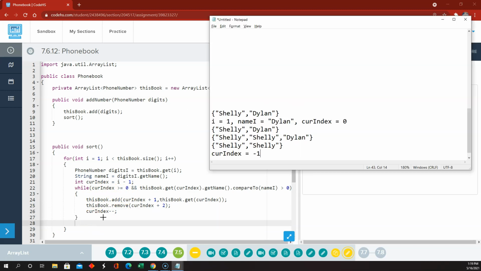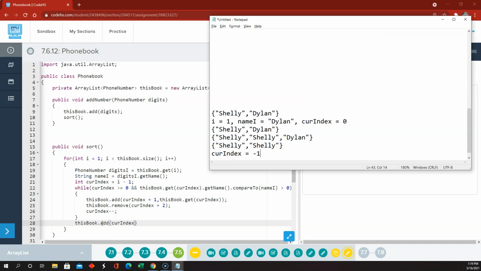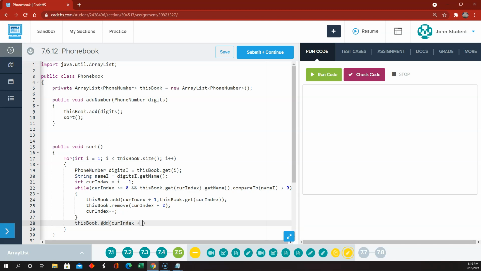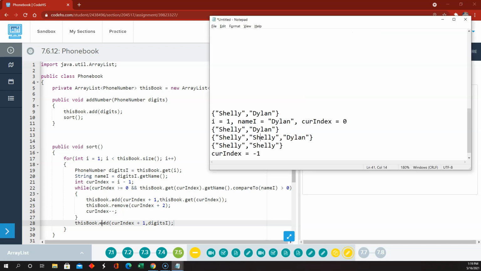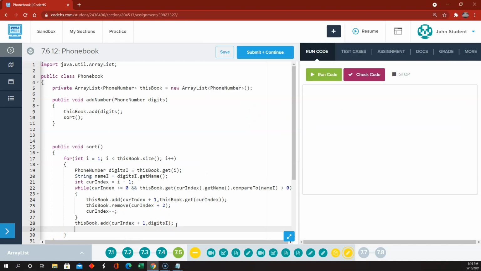So then what do we want to do? We want to put Dylan in the beginning of this list, but that's going to be accomplished in general by saying this book dot add at the current index. But remember, our current index is -1, so we want the current index plus 1. We're going to add this item that we previously saved, which is digits i, which is basically Dylan. So we're adding Dylan at index 0 in this case,